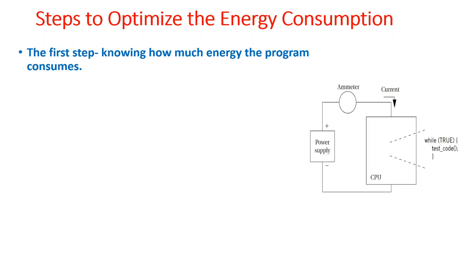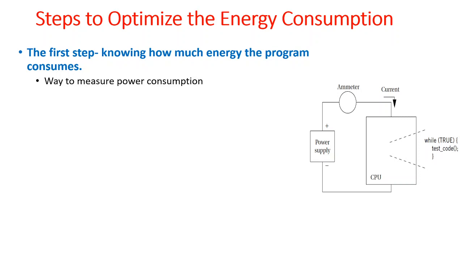So to find the power consumption, let's take a measuring device with our power supply: an ammeter. We all know an ammeter is used to measure the current. So we will execute the code lines in the CPU, and using the power supply, we will give the supply to the CPU and measure the current consumed for each and every line. But it is very difficult to check each and every line.